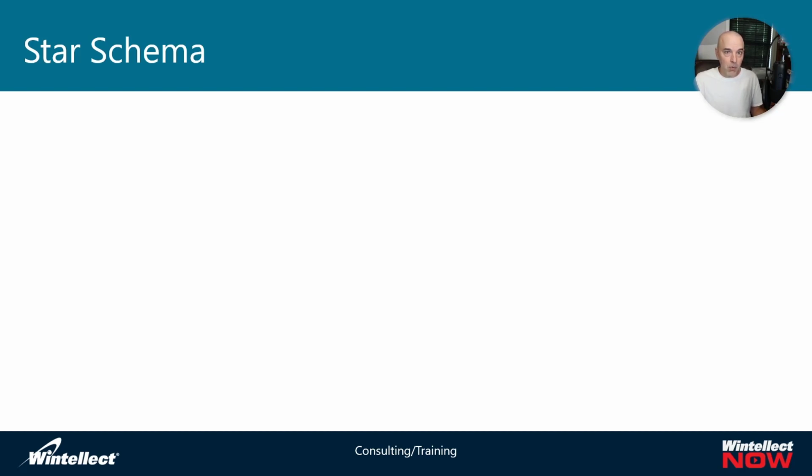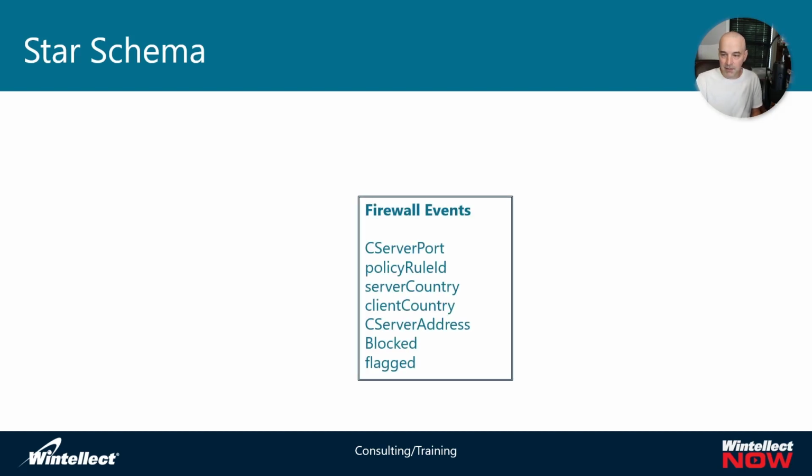So my firewall event happens between whatever the client may be and my firewall. So that's a transaction that's happening on the firewall, and I'm recording that inside of my fact table. And so my fact table is basically aggregating 2 kinds of events that happen according to the way that my firewall logs data, and bringing those together into a single table that I have a single representation of the data in a tabular format. And that's what I'm using for my fact table here. And it has things like